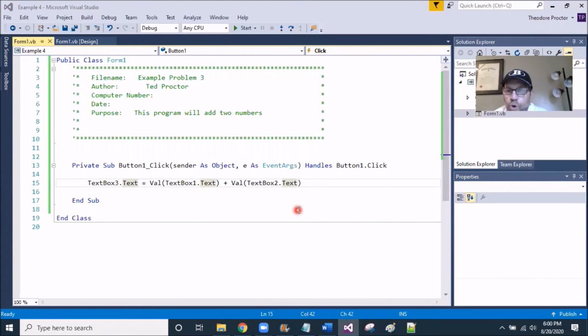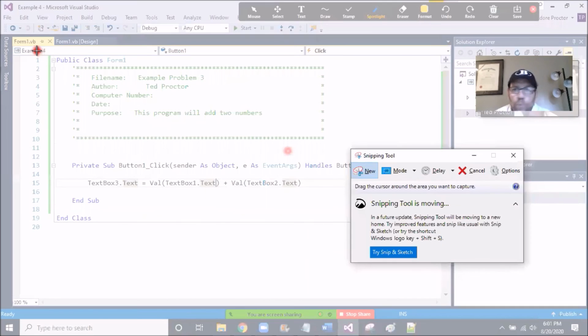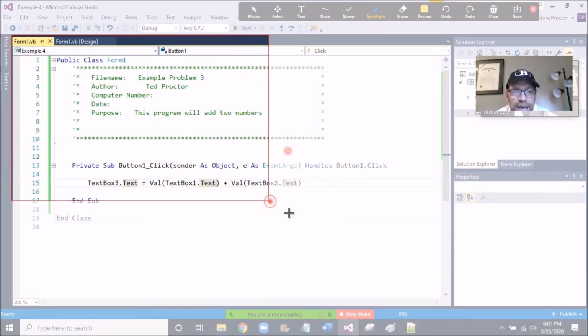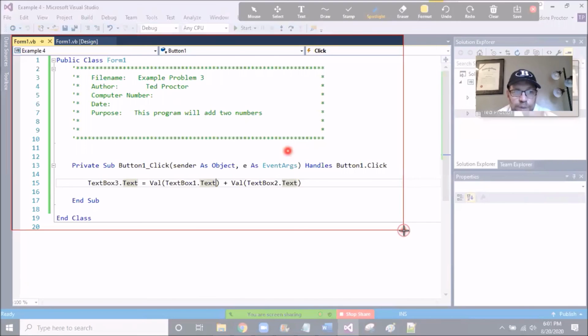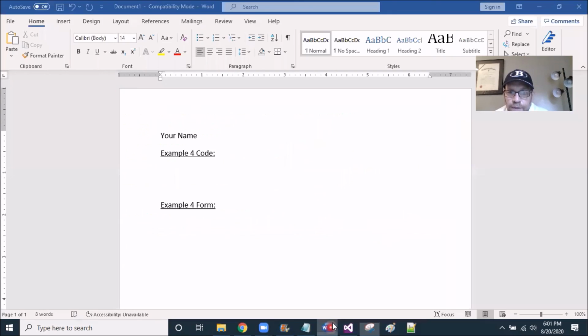I'm now going to go to the snippet tool. My snippet tool is on the taskbar. I click New in the snippet tool, and what I'm going to do is crop this tab from the public class Form1 to the end class, all the way down to maybe one line below. I now have a snapshot of my program. Now, it's giving me that red dot in there. You surely don't have to worry about the red dot, but I'm simply going to copy,